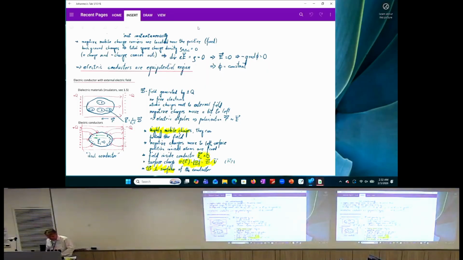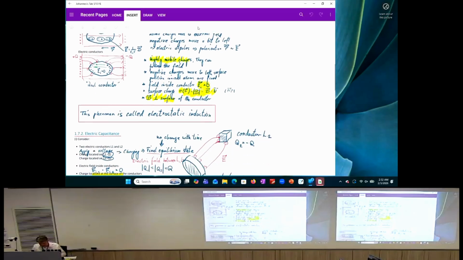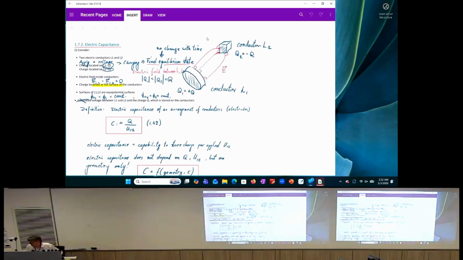Yesterday, we looked at the concept of the capacitance. And if you recall, what we said is that we are taking two conductors and we place them somewhere in space and then we are charging them up. So this charging means we are putting a positive charge on the one conductor and a negative on the